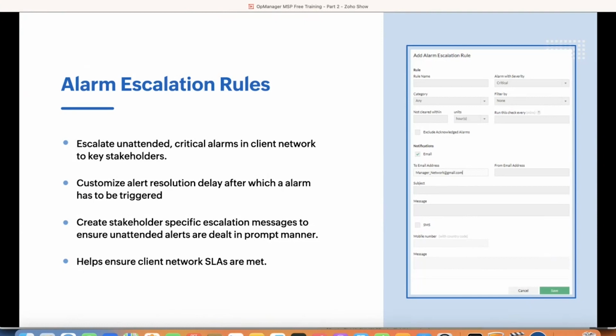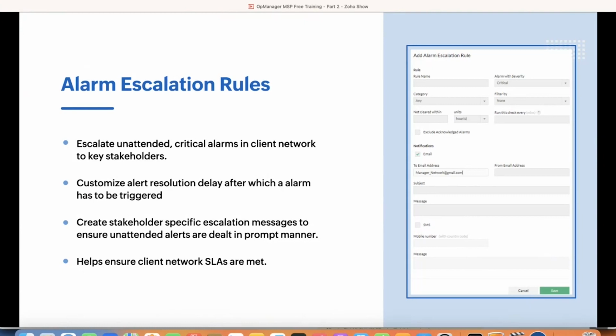The alarm escalation rule will trigger an alert depending on the setting. So, for instance, CPU utilization of a server is important and it has to be kept under control. If you have not identified this alarm, there will be a lot of business impact. It will also impact the device, making it run slower, and also it will not allow other applications or services